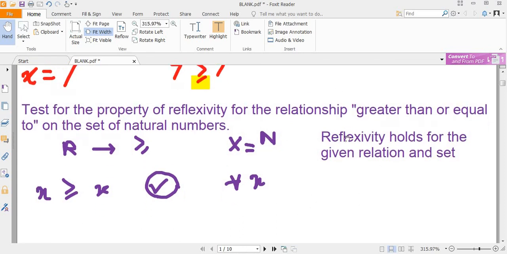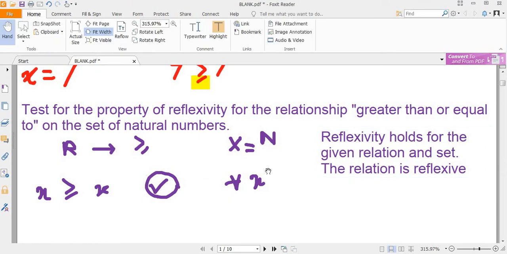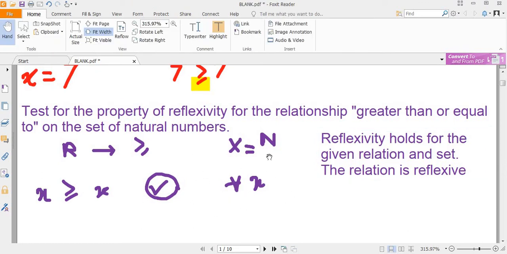This property is called the reflexivity property, and that is what I mean when I say that a relationship is reflexive. So we say that the relation is reflexive. When I say that the relation is reflexive, I essentially mean whichever element I choose from